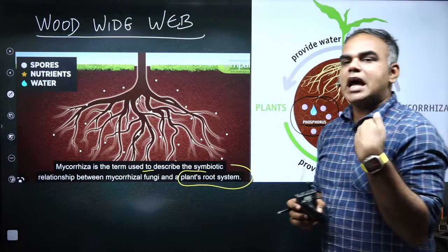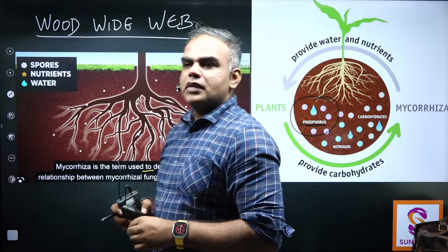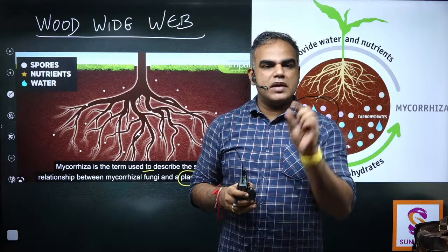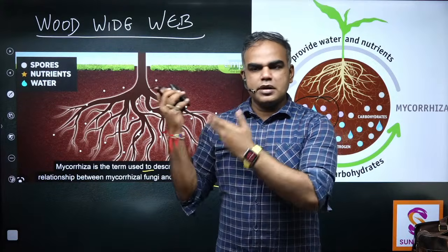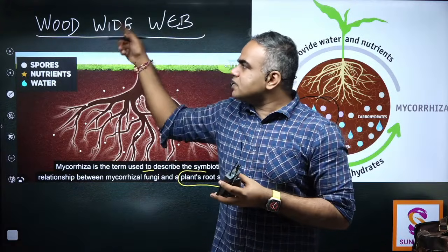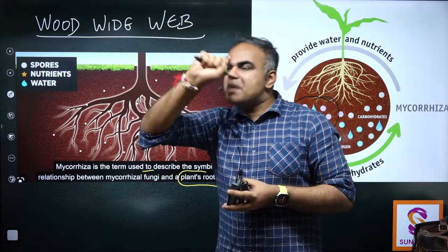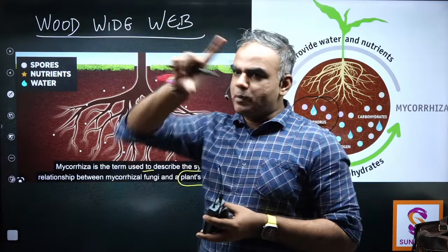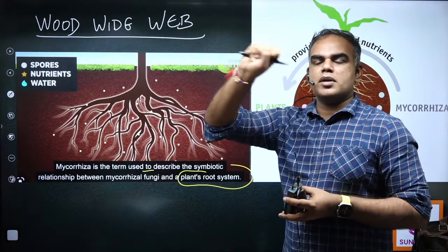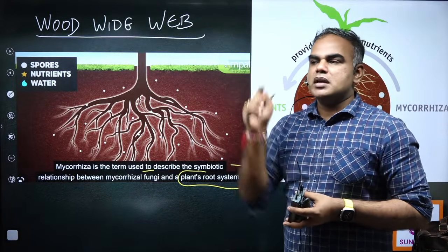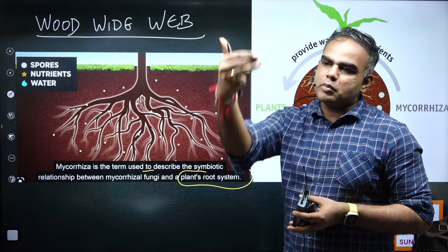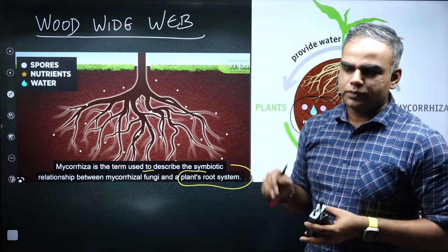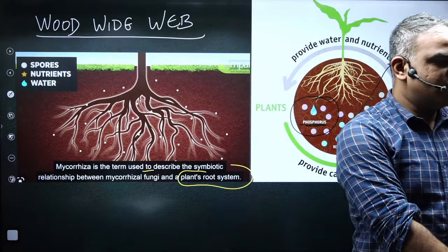And UPSC sometimes has the habit of asking you one-liners. In fact, they'd ask you oysters are filter feeders. It was a single one-liner question. They'd ask you leafcutter ants and fungus share which relationship? It was mutualism. In this sense, if they just ask you what the wood wide web best describes and give you 4 options, the question will be like that. Or they give you a paragraph: your forests are connected by roots, mycorrhizal fungus, this is best explained by which term. They'll give you very strange names, and this will be hidden among them. Wood wide web. Okay, fine. So that is one thing you can note here.